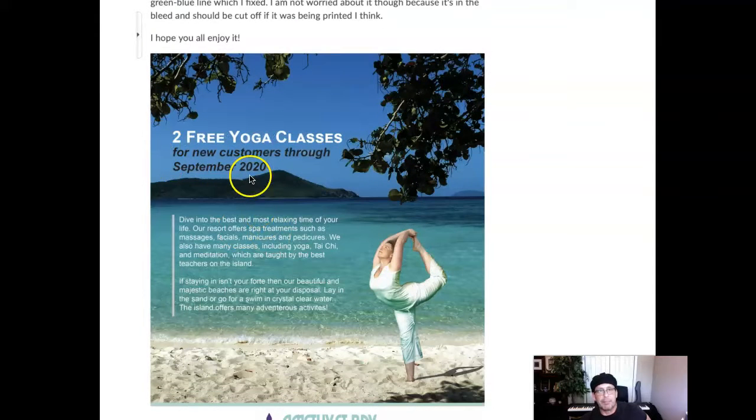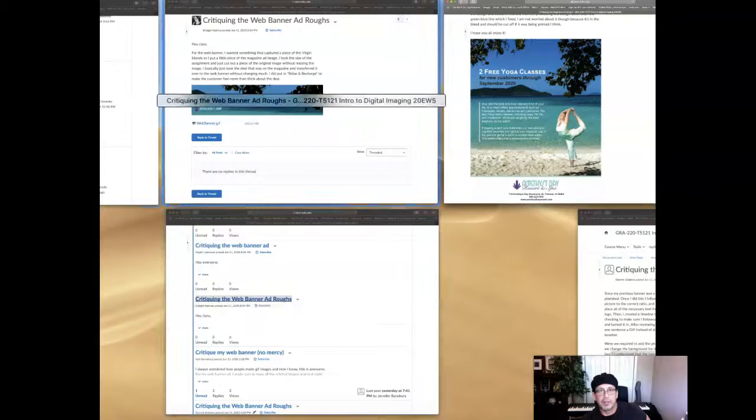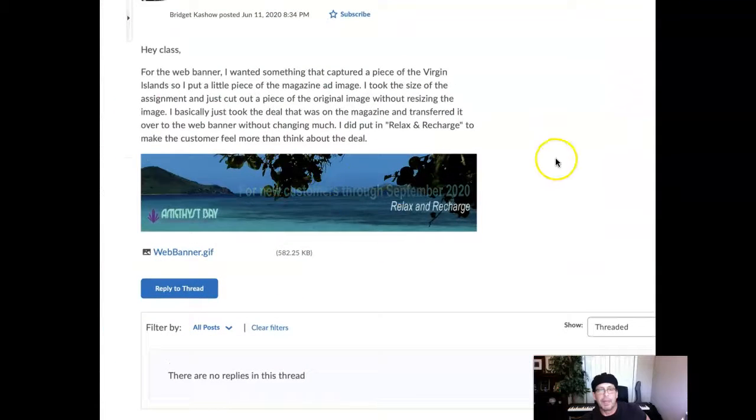Now, what I'm after really at this point is the verbiage. So right now you've got your 2 free yoga classes for new customers, and that's what you have for your headline subhead here. The problem is that's animating, so there's nothing really to anchor this ad down in that the main information is being animated. So there's really nothing to anchor this down, right?